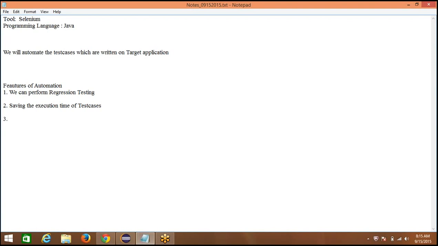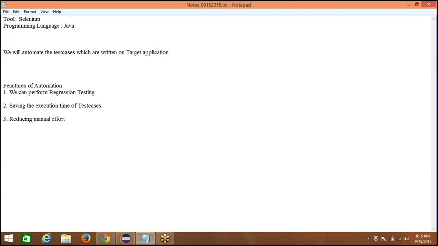And obviously the third thing is reducing manual effort. Since we are automating the test cases, whatever the manual tester is doing, we are reducing the amount of time, so that all the tests are automated, which have reporting and screenshots, so that the tester will see the screenshots and find the root cause of the problem.